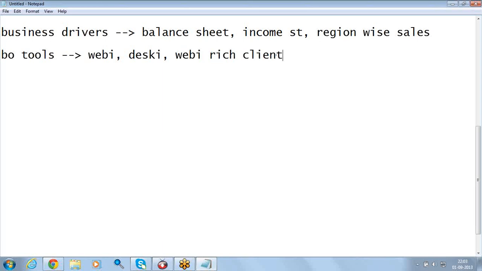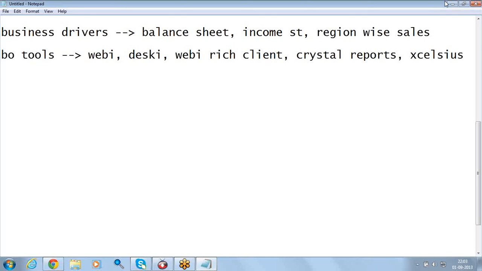The next tool is Crystal Reports. The next one is Excel GS. These are the various tools which will help us achieve the business drivers.